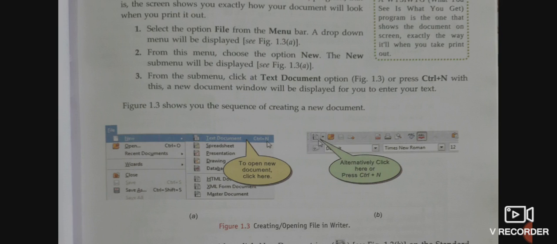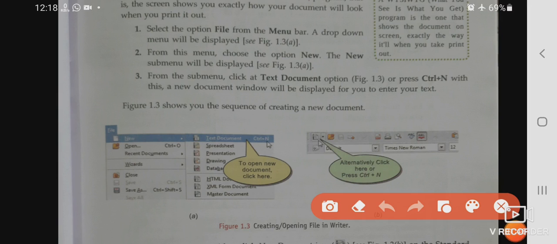Once you have opened Writer, you have various options to open a new file. You can click this File menu. Then you can see New is written here. After New, just select Text Document. So your document will open.